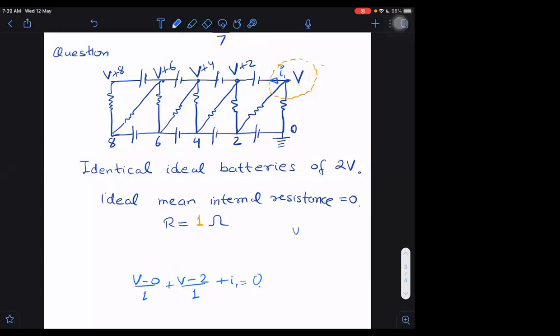It means some unknown current. 0 by 0 form we are getting here. 0 by 0 cannot be infinite, or it cannot be 0. It can be some unknown value. How are we getting 2 by 0? Again, you are making a mistake. V plus 2 here. What is the potential here? V plus 2 minus 2, that is equal to V. Here potential V, here also V, and resistance is 0. So 0 by 0 form, which could be any finite value. We don't know what it is.